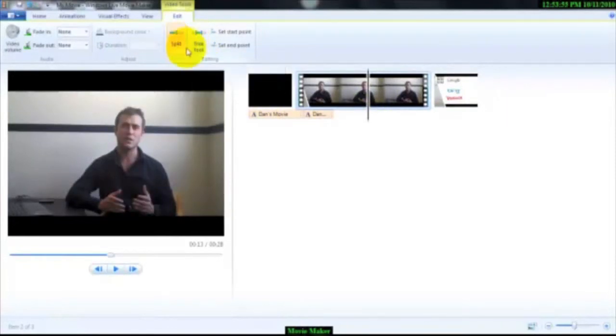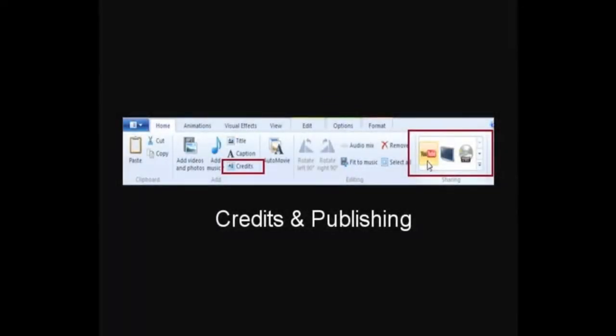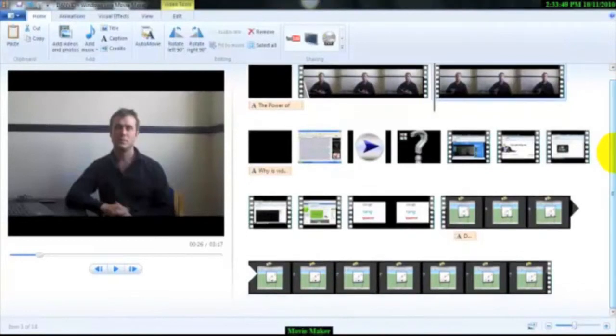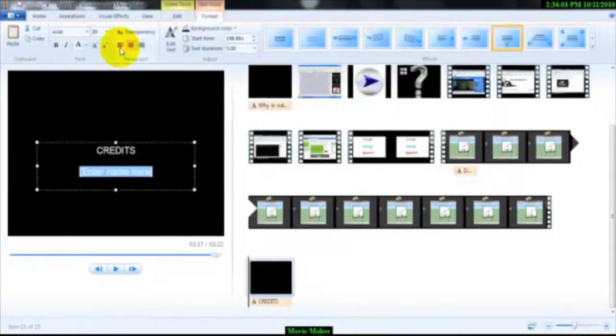So if there's a particular section of your video that you perhaps don't like, you can actually split it up, remove any sort of subpar content, replace it with stuff you're happier with, perhaps sort of move things around a little bit. So it's really just a case of arranging the structure that you feel most comfortable with, that you believe sort of gets the best out of your video. So as you can see here, we've got lots of different things going on. So once we've arranged it in the best possible order, we can then add some credits.